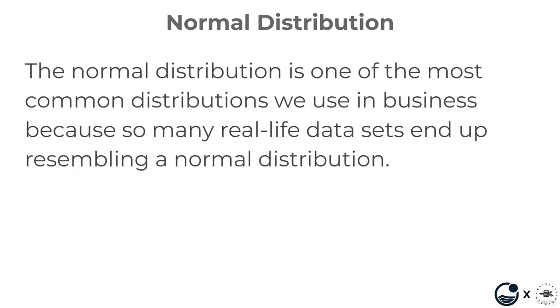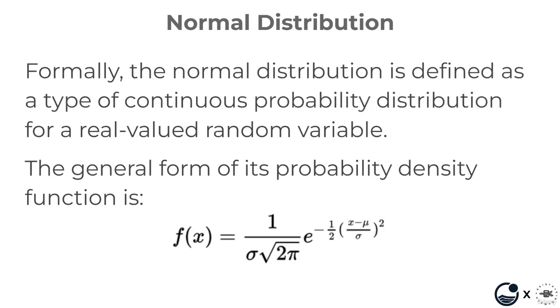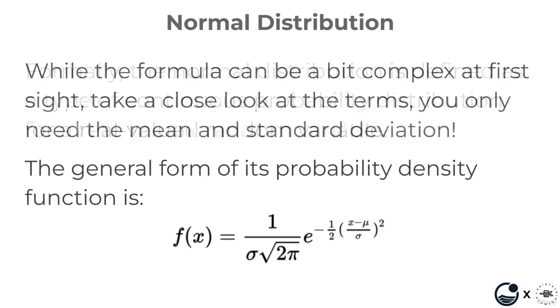So the normal distribution is one of the most common distributions we use in business because so many real-life datasets end up resembling a normal distribution. Formally, the normal distribution is defined as a type of continuous probability distribution for a real-valued random variable. Now we already learned about probability density functions, and the general form for a normal distribution follows this formula. While the formula can be a bit complex at first sight, for example, it has e and also pi, which is kind of crazy,